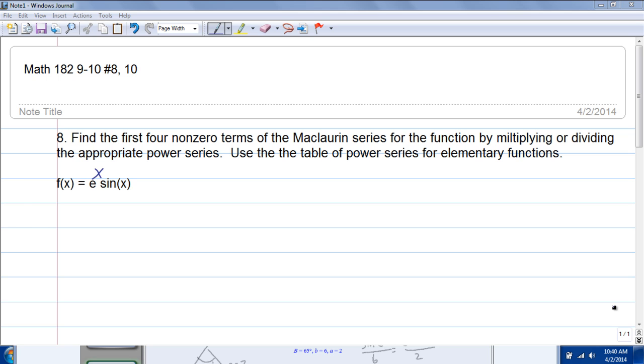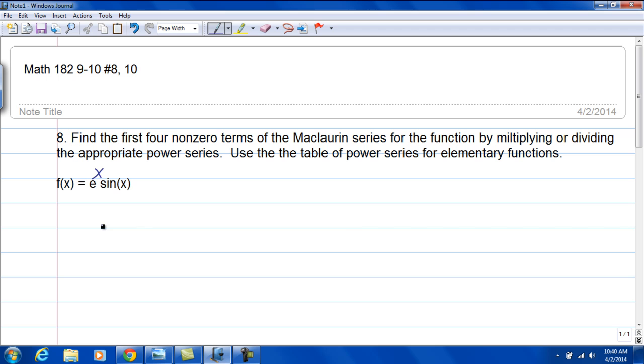It says, find the first four non-zero terms of the Maclaurin series for the function by multiplying or dividing the appropriate power series. Use the table of power series for elementary functions, and it's f of x equals e to the x sine x. So in this, we first look at e to the x, and what that's going to look like. That's going to be